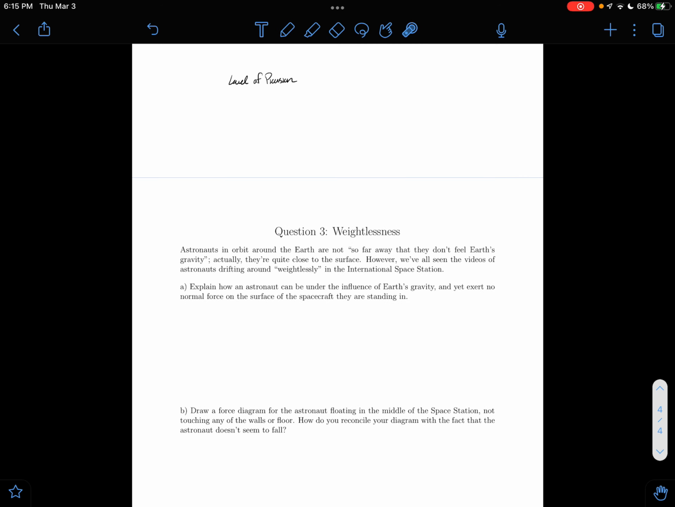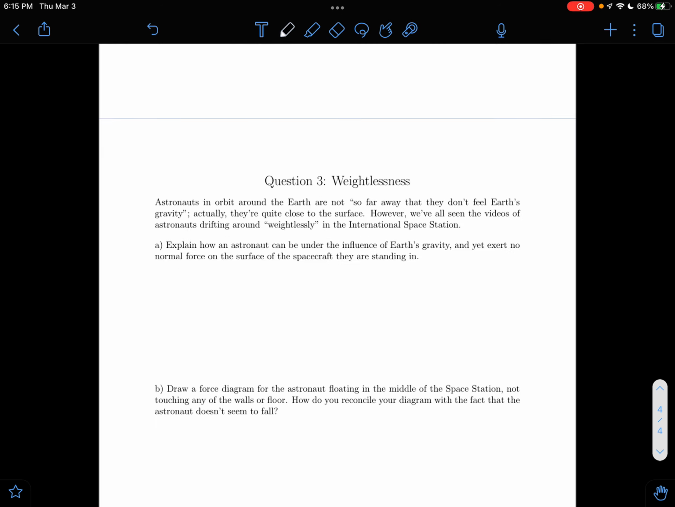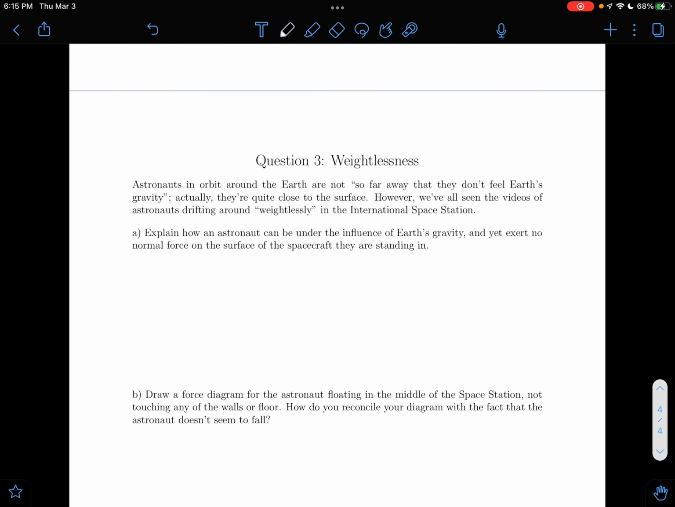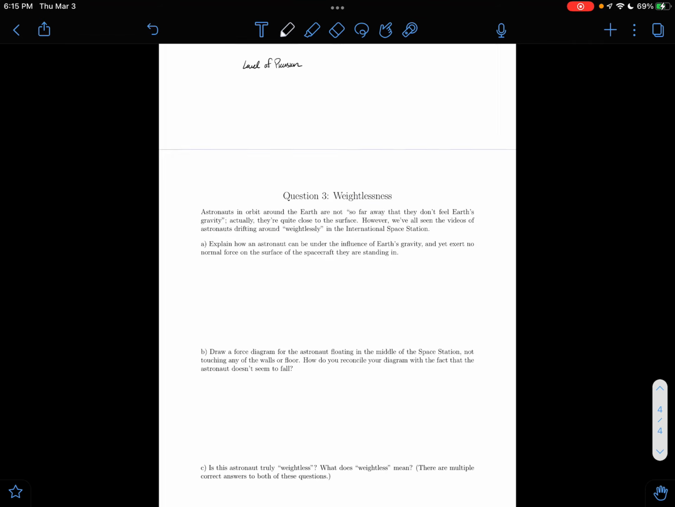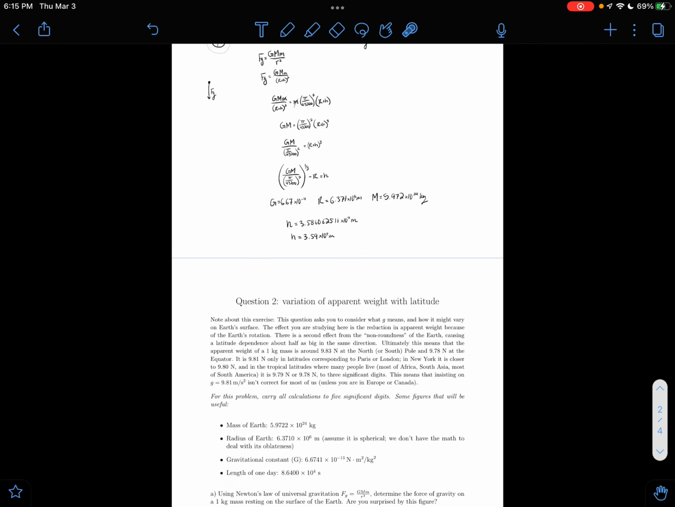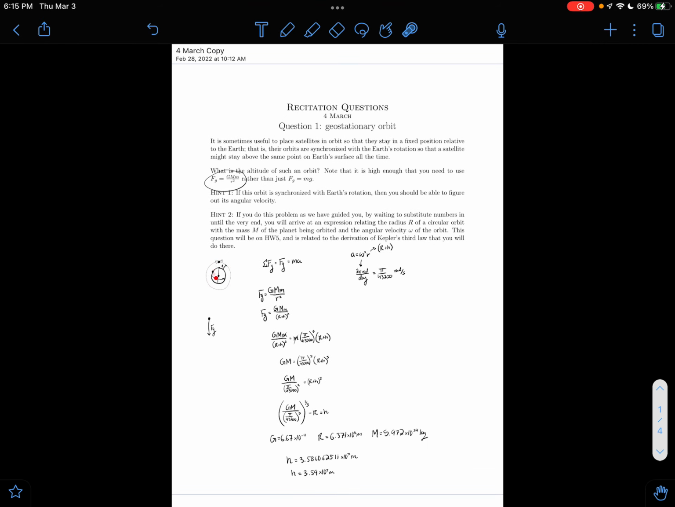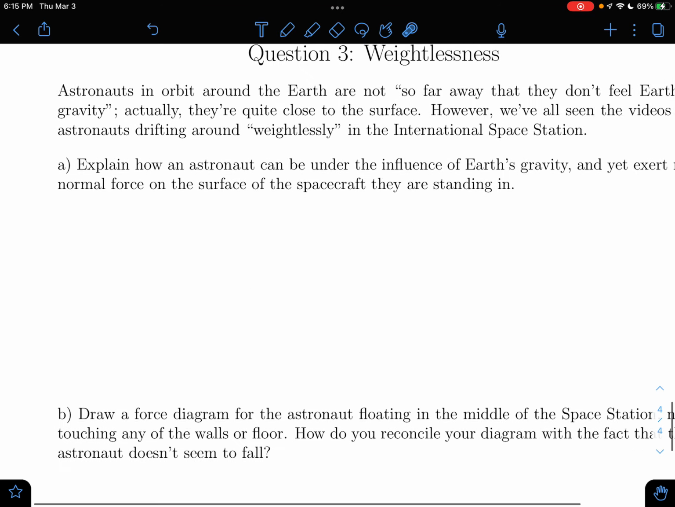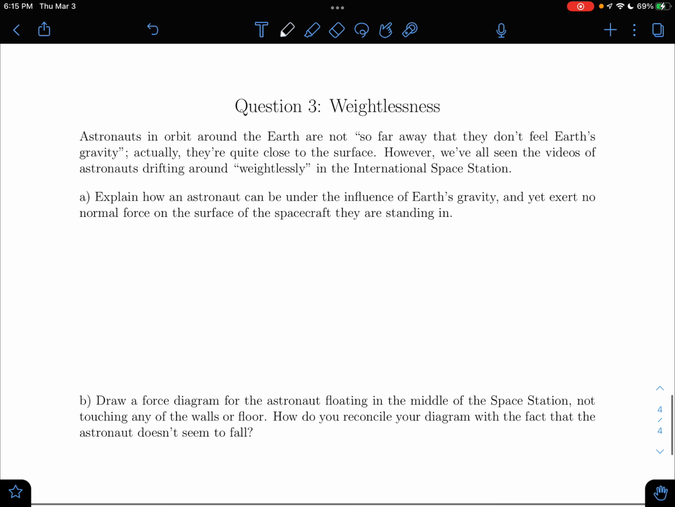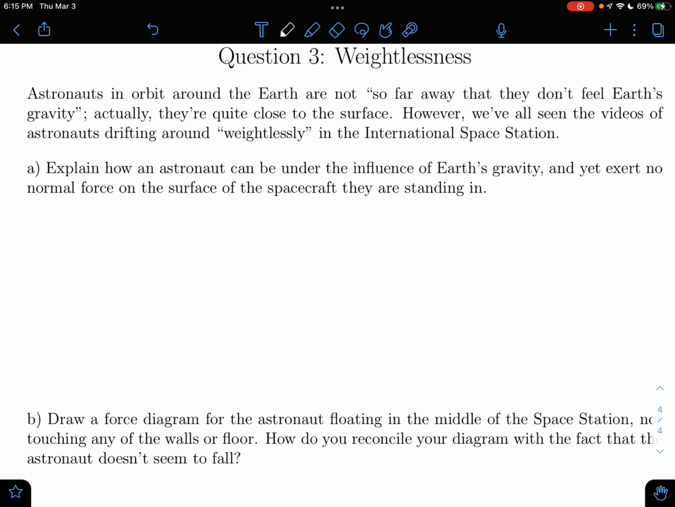bit more accurate. All right, so the astronaut's in orbit. Moving on, we're not so far away that it doesn't feel like gravity, because we're still pretty close. Remember what we were talking about up here. In orbit, we're still feeling a force from gravity, right? So why does the astronaut feel weightless? It's kind of like what we were talking about with